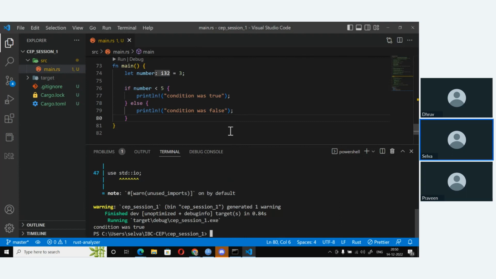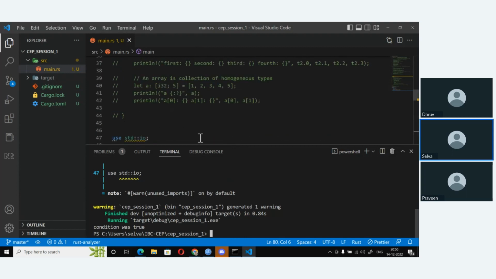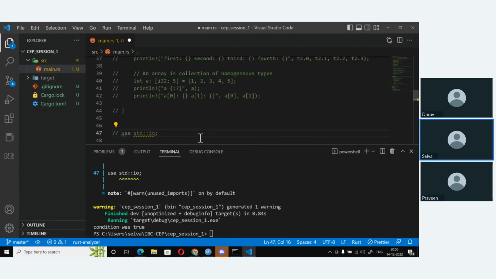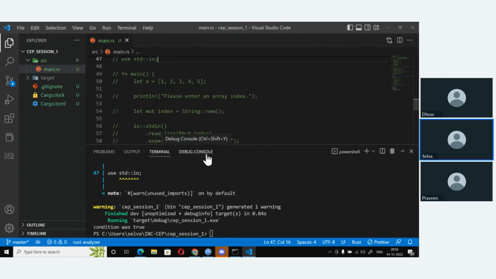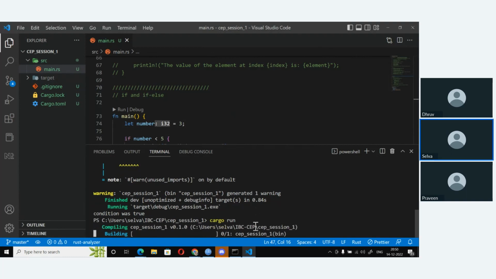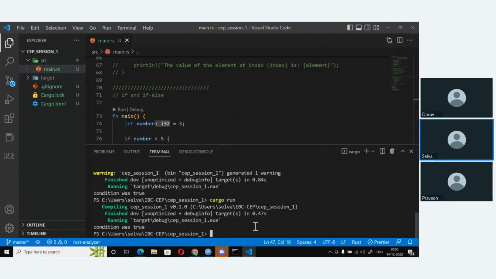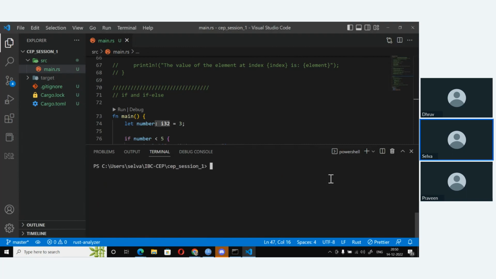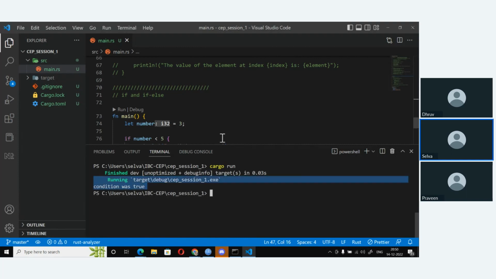I'm not using it, so I'll just comment this out. Condition was true.